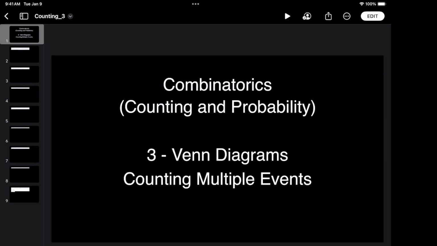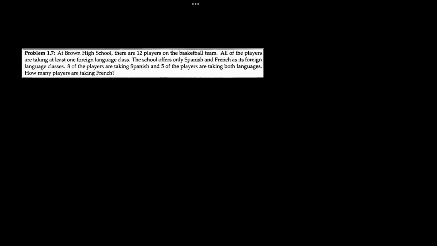So we learned how to use Venn diagrams in these problems, and then how to multiply numbers to count, and finally factorials and cool factoring tricks you can use to simplify